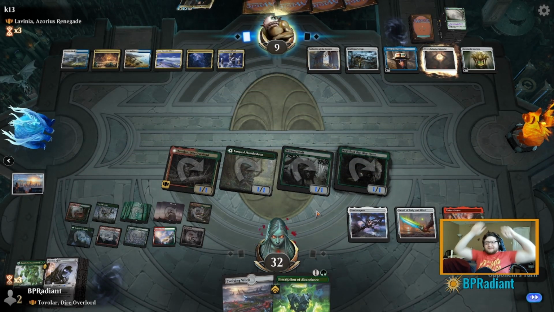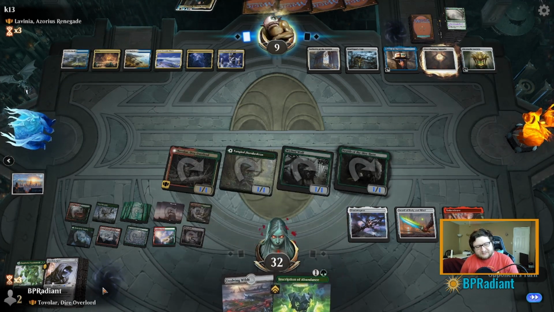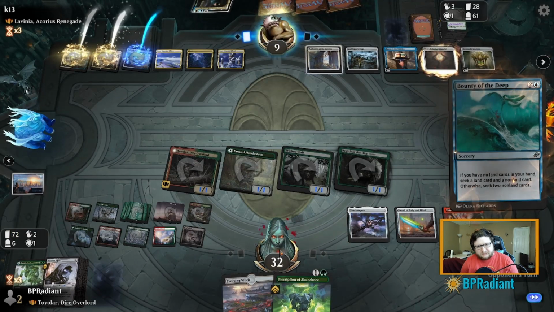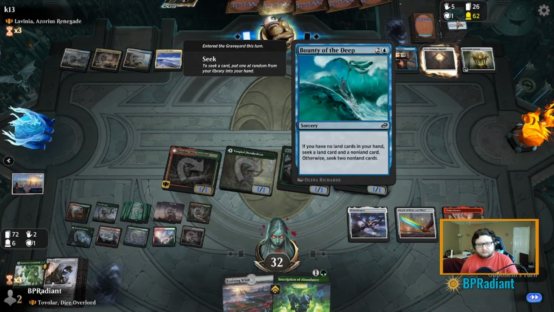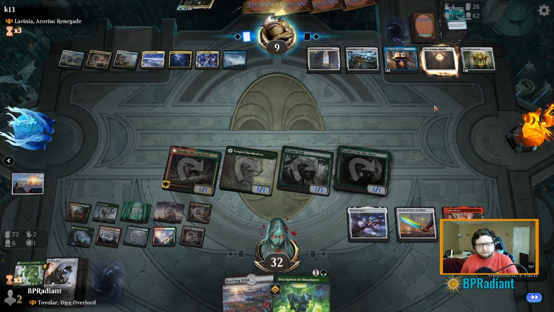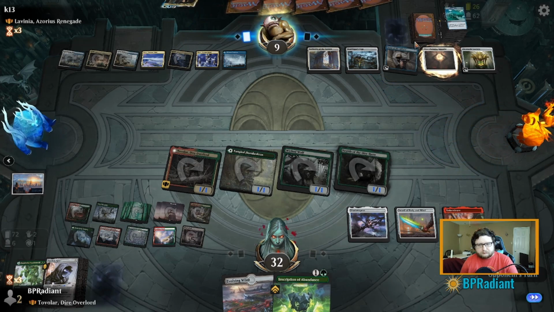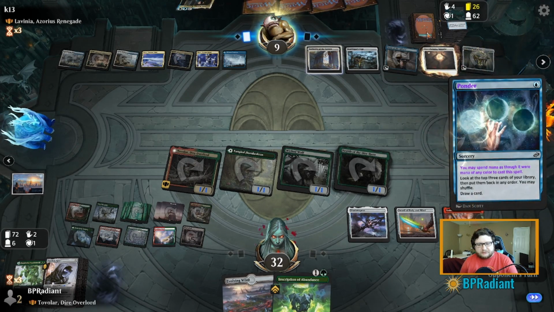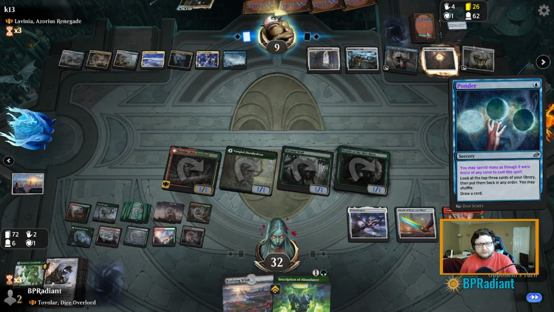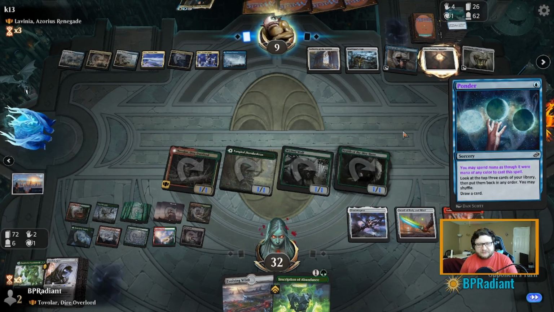Ugh. Overwhelming Splendor is such a good card. Wait, does this mean the top card I draw? That doesn't seem right. I mean, the good news is he has to find a way to win in like 26 turns, give or take, which is nice. I mean, he may have a way to shuffle this all back in, but...